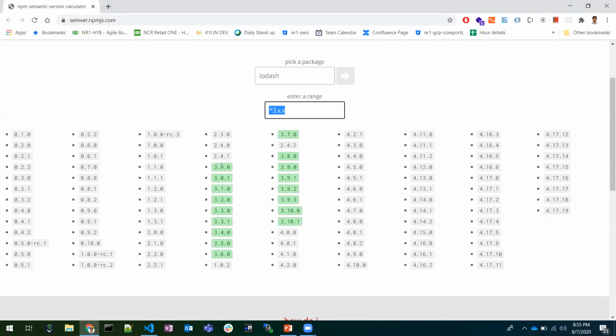It means npm has this range of packages to be installed, but it will install the latest, 3.10.1. But this caret mentions the range of versions that can be allowed, not other than this range. So 4.0.1 would not be allowed, or 2.4.1 would not be allowed. Only the range of 3.0.0 to 3.10.1 would be allowed.